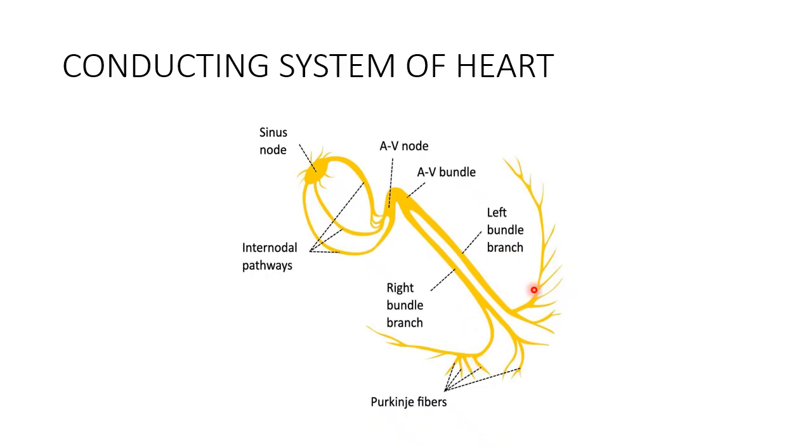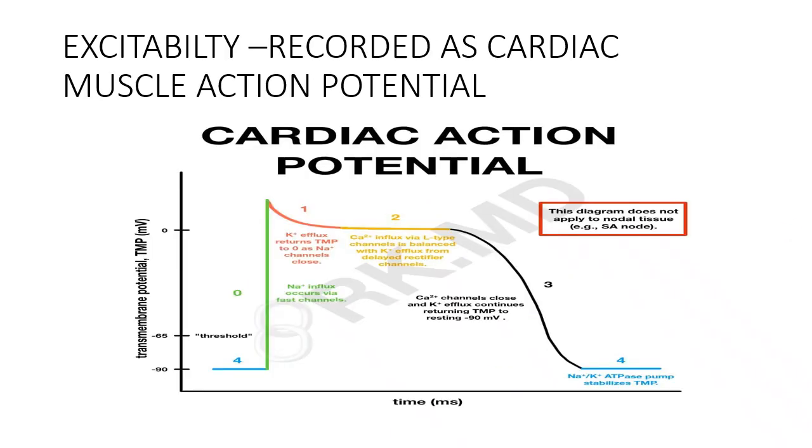And now this impulse will be conducted to the other parts of the heart, and this acts as a stimuli and makes the other parts of the heart contract. Now, what is excitability? That is the ability of the muscle to respond to that stimuli. So this is recorded as cardiac muscle action potential in the atrial muscle and in the ventricular muscle. The cardiac muscle potential,